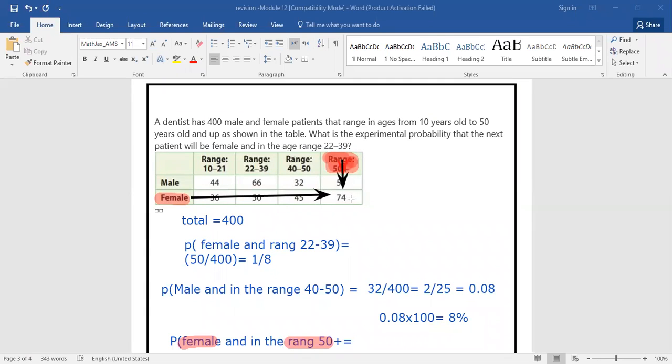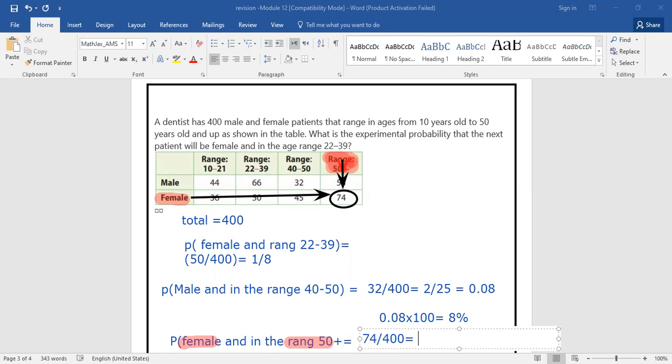They will intersect where? On 74. Understood how you can find it? Yes. Okay, so we will go back and write 74 over how many? 400. 400, yes. And then you will find your answer. It will be 74 over 400. So the answer will be,